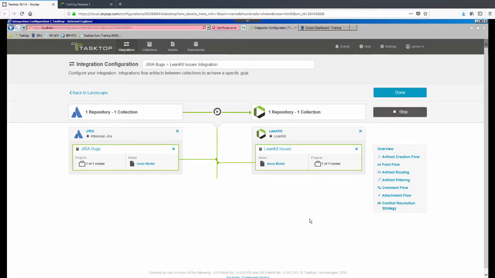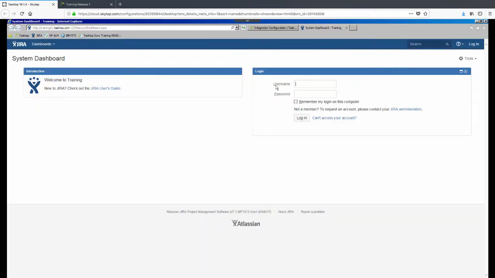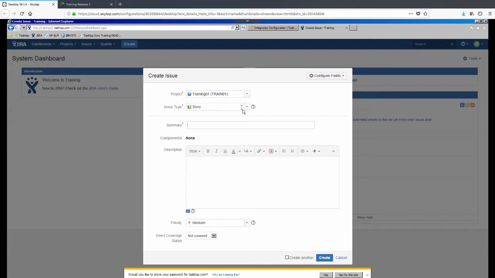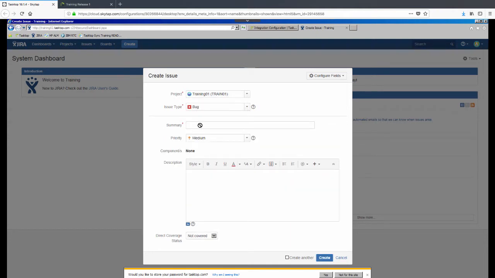So our integration is currently running. I'm going to navigate my way to Jira. I'm going to log in with that user account. And I'm going to go ahead and create a new bug. And the issue type is going to be a bug. And I'm going to say